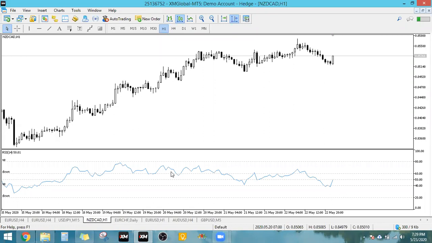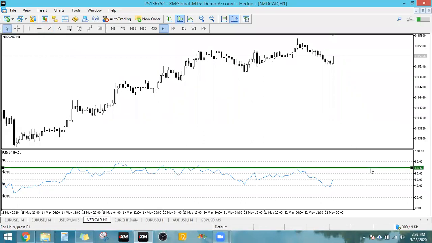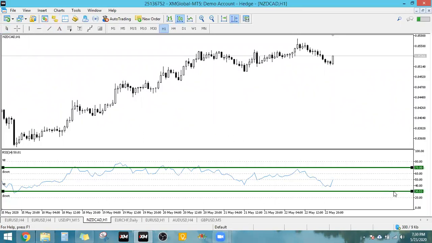Okay? Tapos, so that's super easy to interpret compared to our stochastic kanina, 'di ba? Mas simple si RSI. Now, in addition to that, meron din yang overbought and oversold levels. No, your overbought and oversold levels are actually found at 70. No, meron ka diyang 70 and then meron ka din ditong 30. Ayan. Okay. So, yung 70 and 30 level na yan, that is your overbought and oversold level similar to your stochastic earlier na 80 and 20. Ngayon, kapag yung price po,